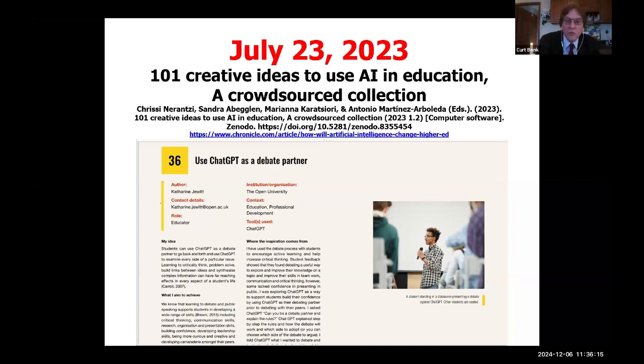Again, these are the outcomes we want. Confidence skills, another outcome we want. Self-efficacy skills as a learner. Can you be a debate partner and explain the rules? ChatGPT, can you be a debate partner? ChatGPT explain step-by-step the rules and how the debate will work and which side to adopt and what it would say on one side, what it might say on a different side of the debate to get the student